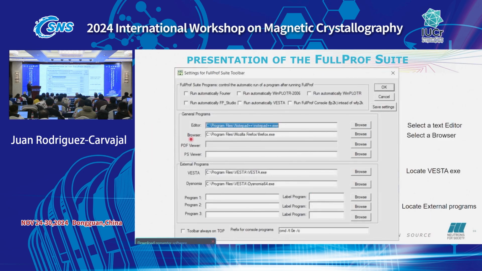In this dialog, you have, for example, how to work if you want to run automatically Vesta, run console mode of FullProf instead of the graphic one. You can run automatically WinPlotar or FullProf Studio, etc., or run automatically Fourier. You do a Fourier map as soon as the program finishes, etc. And then you have to select